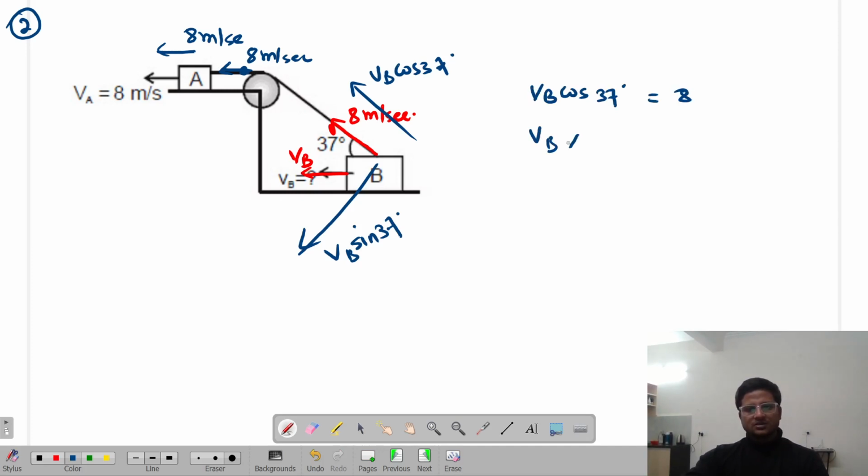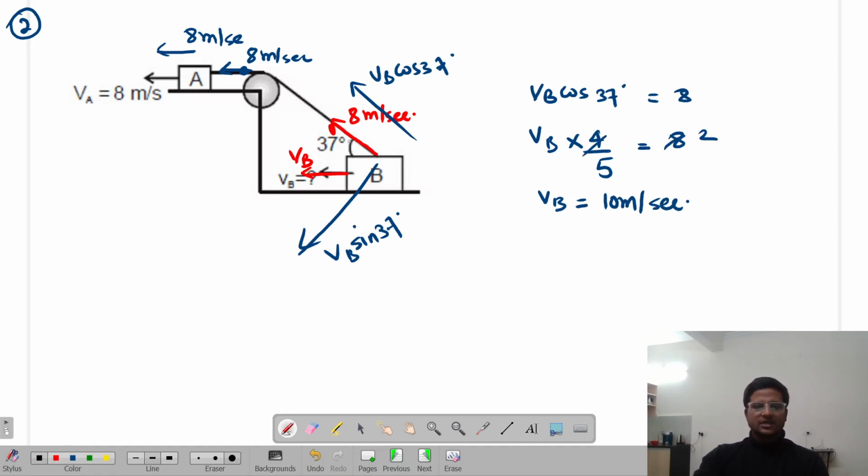V of B cos 37 की वैल्यू कितनी हो गई, 4/5। ट्रायंगल याद है ना, ठीक, इज इक्वल टू हाउ मच, 8। सो V of B कितना आया, 10 मीटर पर सेकेंड। आर यू एबल टू गेट मी और नॉट।